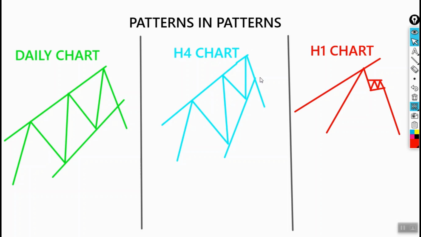And on the third touch, if you go on the 1 hour, you would find a reversal pattern like this, where there's one touch and an impulsive push to the low, a continuation pattern, some sort of a flag or a pennant or a triangle, whatever the case may be,